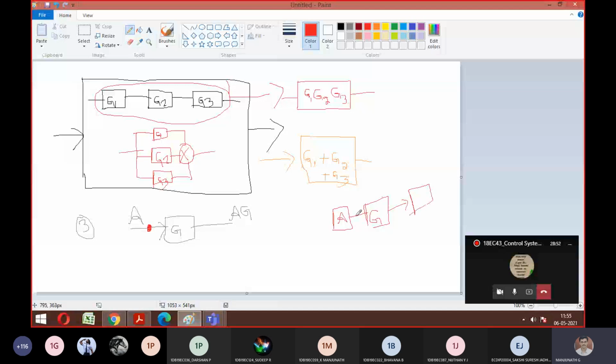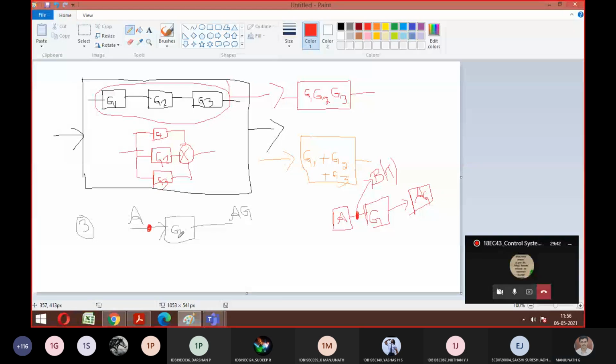Yes or no? So in the exam, they will give a point in between this A and G, that is your block 1 and block 2. If they fix any point here, that point is called the breakaway point, what I told. Breakaway point or takeoff point. So if this point is there, you can't treat these two as a series. Then there should be some rule such that I move this point further. Then this A and G become free to cascade. Agree? Yes, sir. That is where your moving the breakaway point ahead comes into the picture.